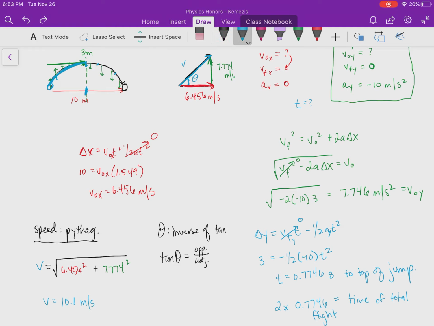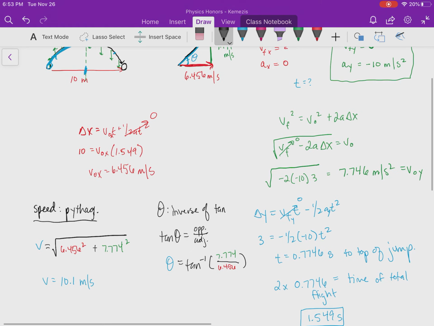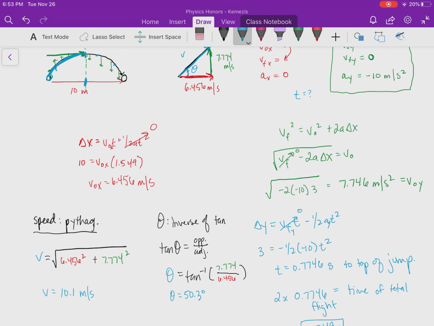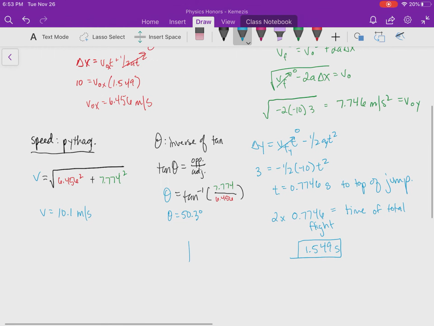So if I'm looking for theta, it's going to be equal to, right, we do the inverse of the tangent because we divide by it, and then the opposite, in this case, is our y component, 7.774, divided by the adjacent, 6.456, and if we do that, 7.774 divided by 6.456, inverse of the tangent, we get 50.3 degrees, and you can be calling it 50.43 works,